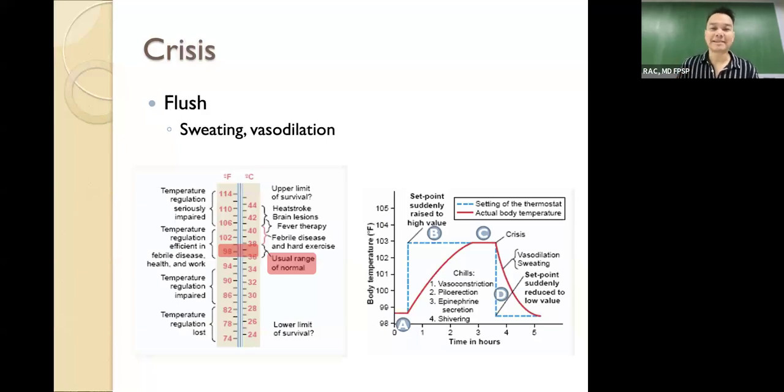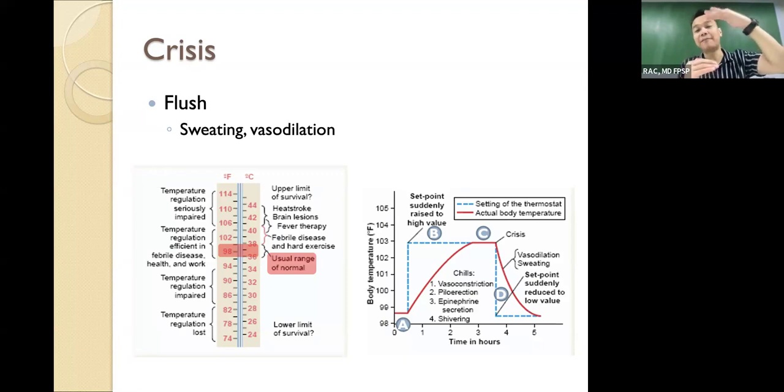The third phenomenon is crisis. So during the duration of a particular illness, let's say an infection, let's say a flu, crisis happens during the convalescent period. So you will notice that whenever crisis happens, the patient is slowly getting better. So what's happening is that as the disease progresses and you're within the convalescent period, the hypothalamic set point goes down to normal, but the body temperature is still high. So you still have fever.